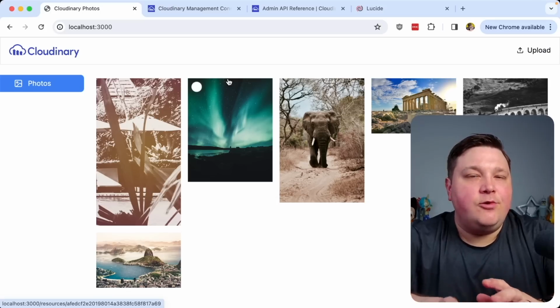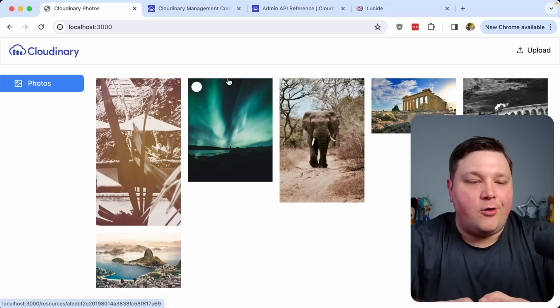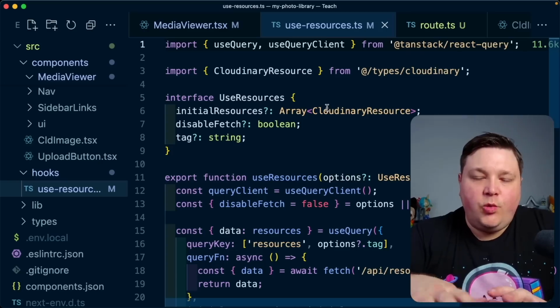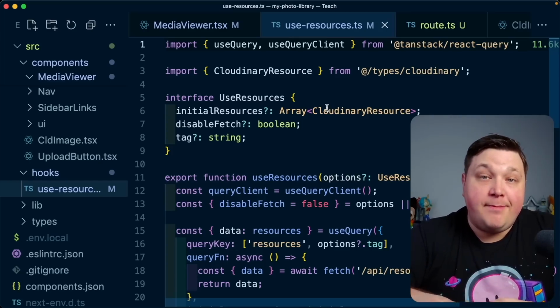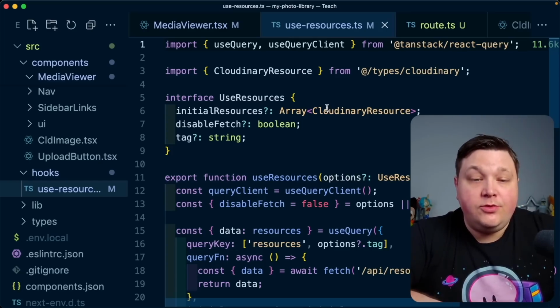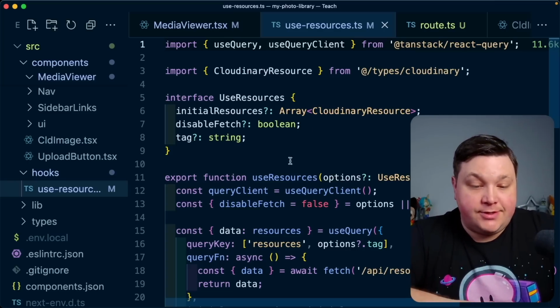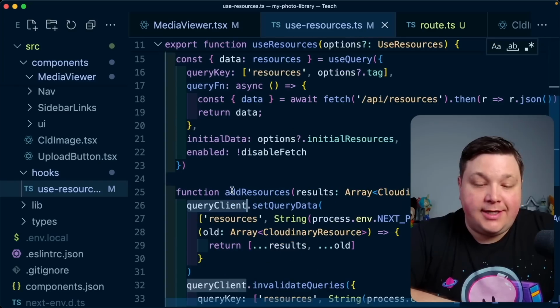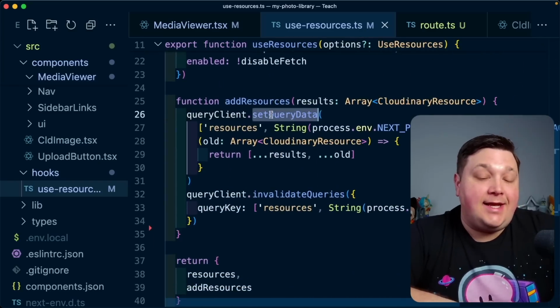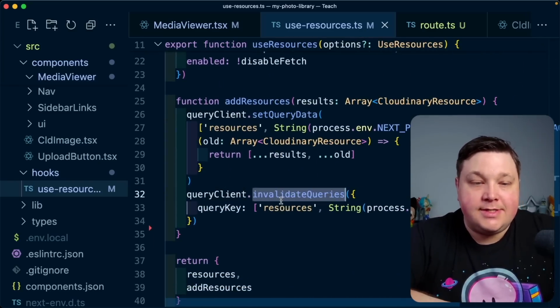So now let's take a quick moment to handle that invalidation issue that we were seeing, where when we go back to the home page, we want to make sure that that refreshes the query inside of the client. As a quick refresher, when we were originally creating our useResources hook for that media library homepage, we used the useQueryClient in order to invalidate after we added a resource. So we can see we imported useQueryClient, we grabbed the query client itself, and then we both set data and invalidated. Here, we're only going to need to invalidate the queries, but